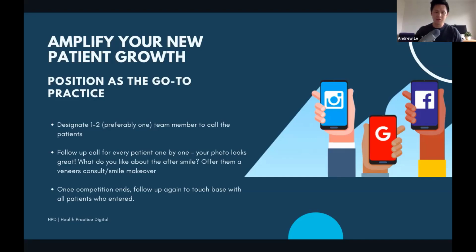Now, once you've talked more about those interests that they have, where they would like to have their smile, areas that they want to improve upon, if they're interested in veneers or they've thought about some form of orthodontics, offer them a veneers consult, smile makeover consult, or orthodontic consult that fits what they're looking to do with their